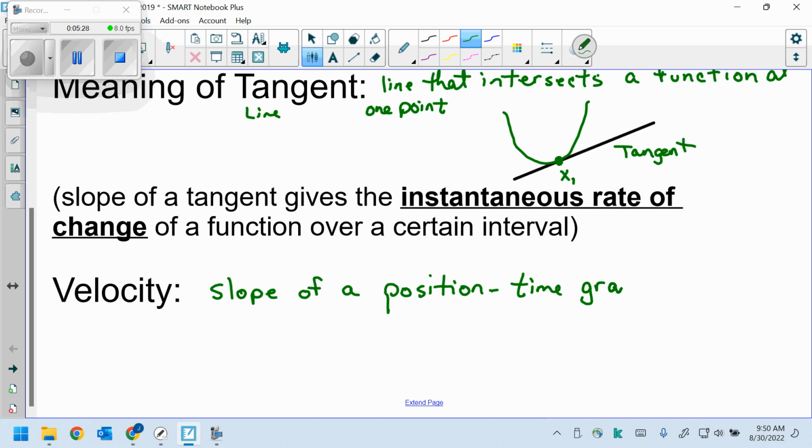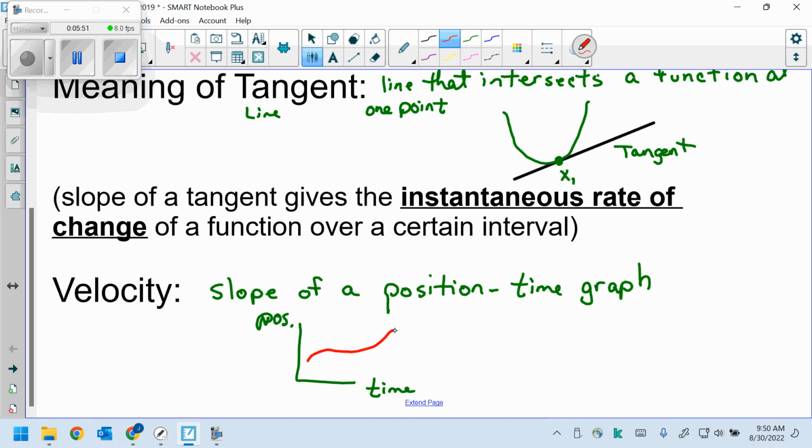That's what we're going to start out with our understanding of velocity being. So if we've got any kind of a, let's see, this would be the position, and this would be the time. And if we have some kind of a position-time relationship graphed here,